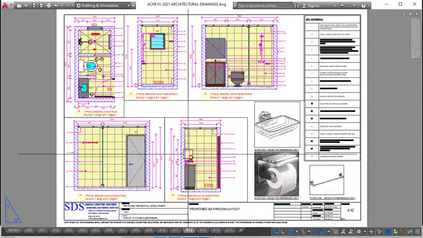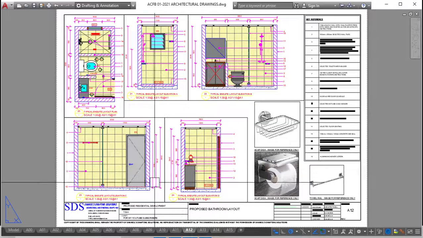In this video tutorial I'm going to explain how I created this toilet and bathroom layout plan. This is a typical toilet and bathroom layout plan which you could also use in your drawings. I would like to reiterate why I have shown everything separately: I believe it's best to show your smaller details in blown up and exploded pages.